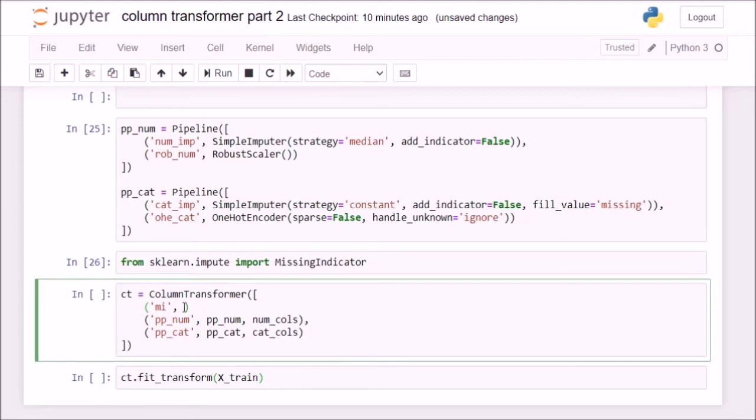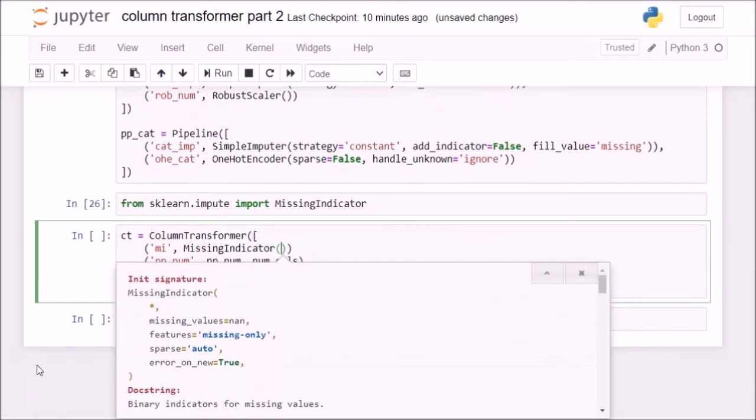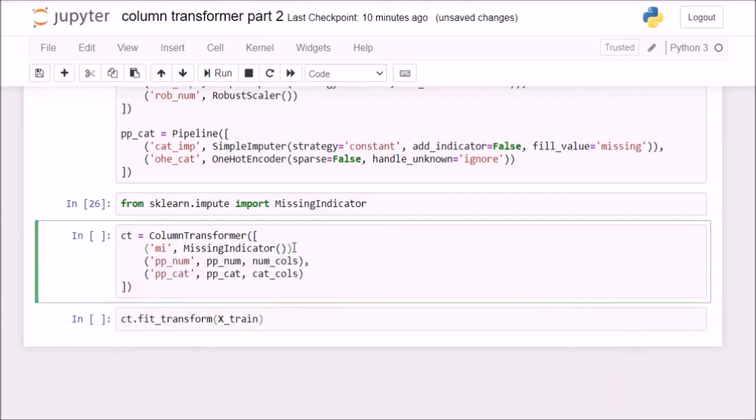So once I have imported MissingIndicator, I can call this MissingIndicator here, and if I check my arguments, missing_values is NaN, which is correct, and features is equal to 'missing-only'. This is important because only for those columns which have missing values, I'll have a new column included in my output data frame. Now what columns do I want to apply the missing indicator to? Basically the entire X_train.columns, because scikit-learn will automatically learn which columns have missing values, and it will find that only 5 columns have missing values, so it will create 5 new columns. It will be clear in a moment what we are doing.